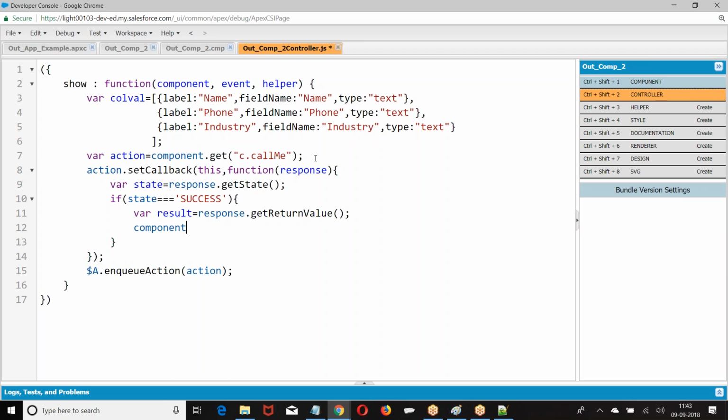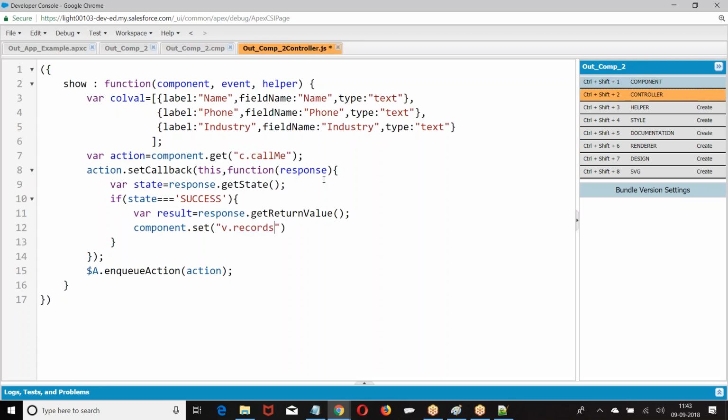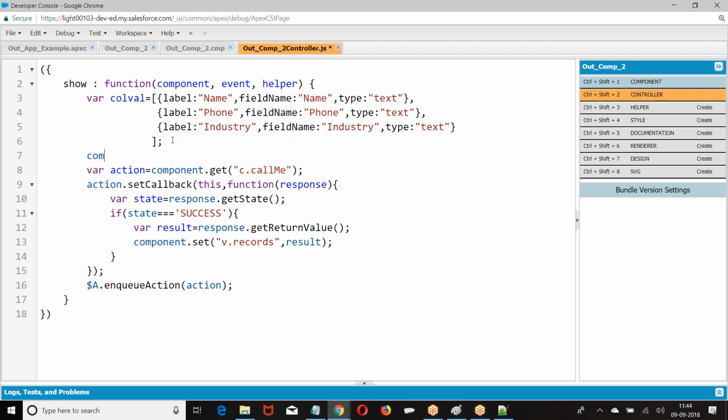Then we are giving component dot set v dot, what is the element I gave? This is what we have done.